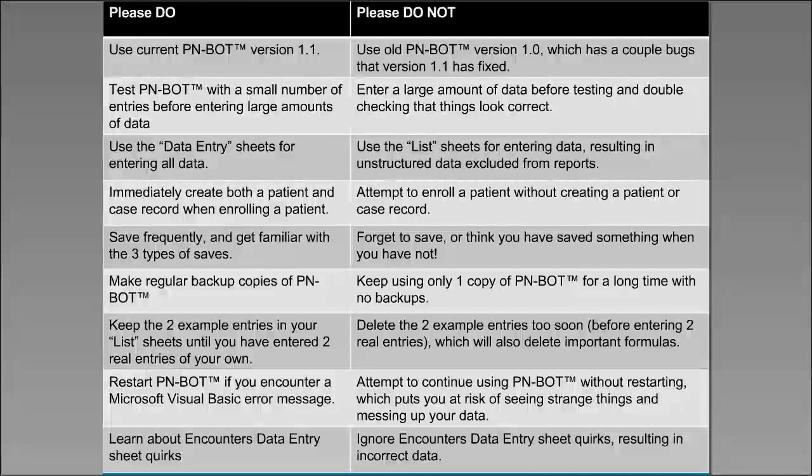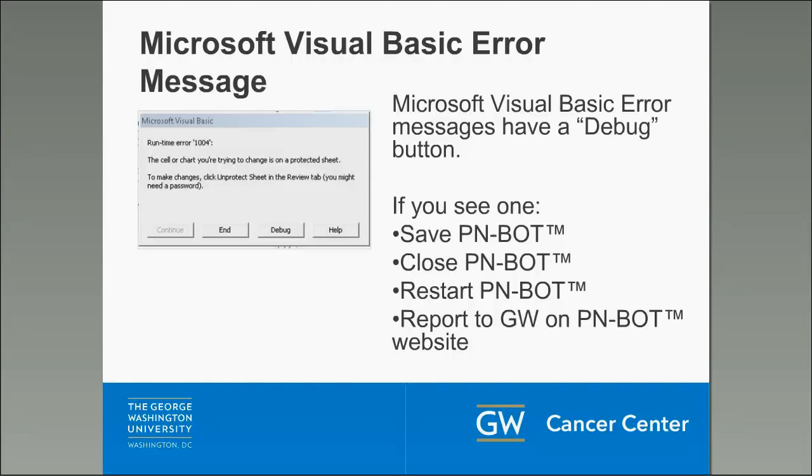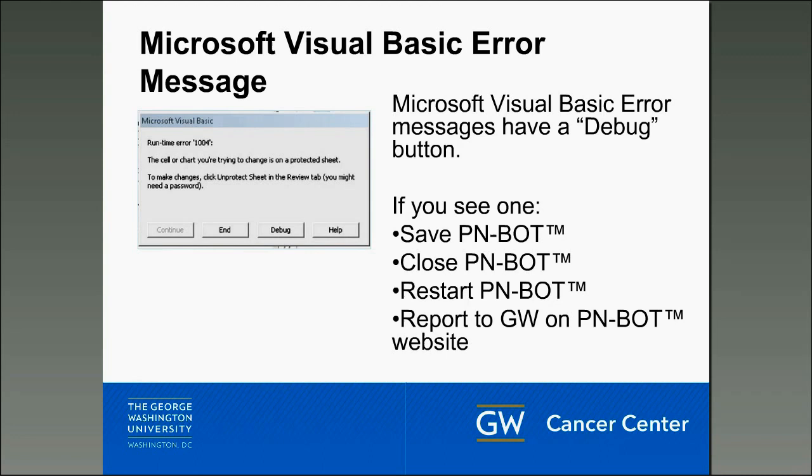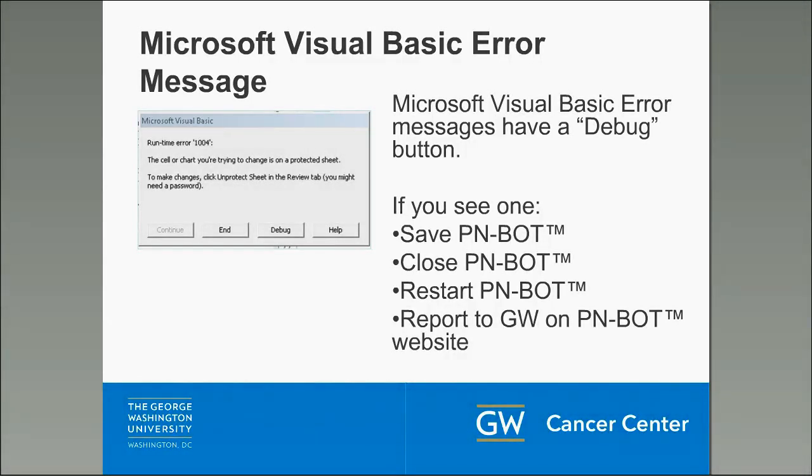And one other thing I want to make you aware of is, unfortunately, if you do encounter a Microsoft Visual Basic error message that looks like this, that has a button on it that says debug and end and whatnot, that means that something happened with the programming. If you see one, just save PNBot, close out of it and restart it. Don't just keep powering through and using it. Otherwise, you might see some glitchy things, and you might mess up your data, and you don't want to do that. So just restart it, and 99% of the time that should fix the issue,